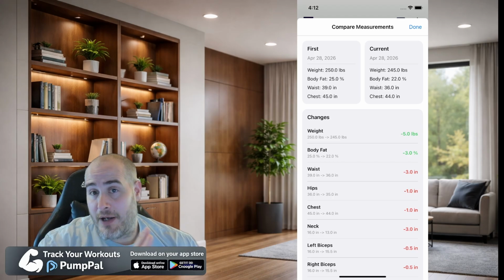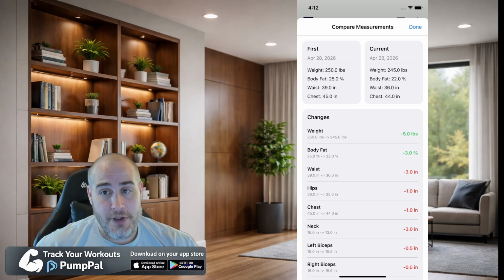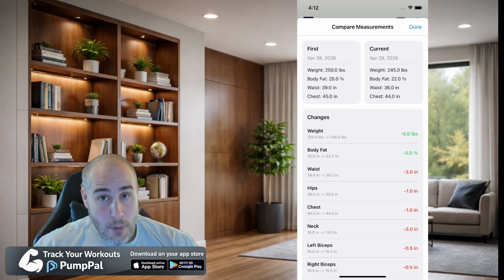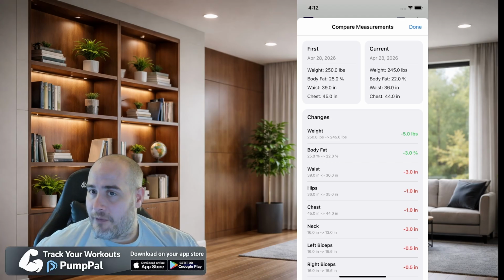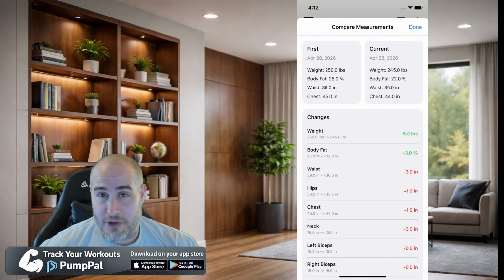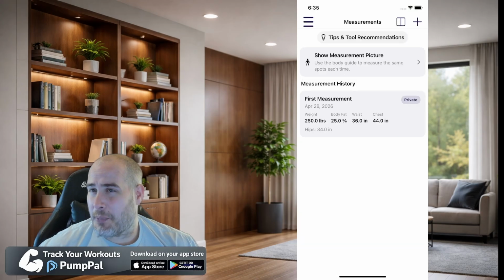Once again, scale doesn't say everything. You could be having changes happen to your body. You might not even see it in the progress photos, but you'll see it in your measurements, right? Super efficient way to track your overall progress, and it coincides with progress photos, so I figure I would mention it. If you go back to here, one other thing I want to mention, if you're not sure where to measure, you can hit the show measurements picture, and you click it,